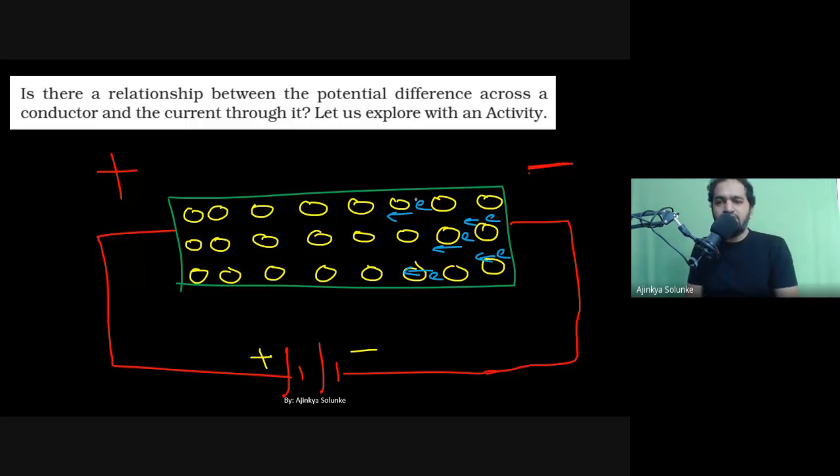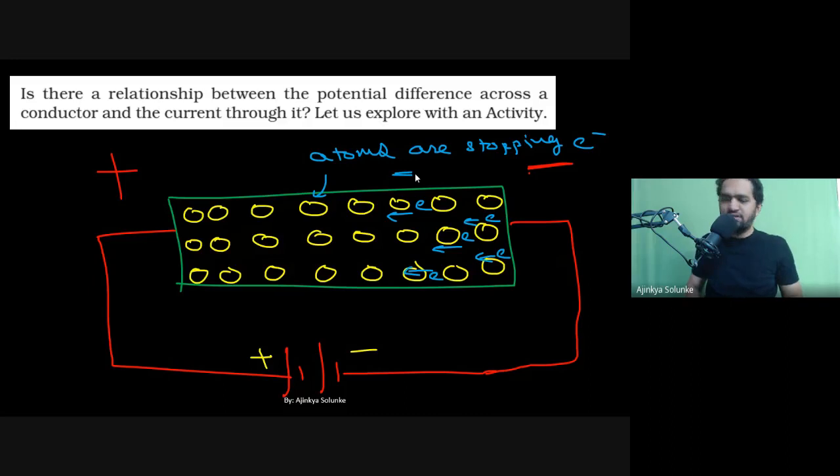Now the problem is that whenever they are trying to travel, they are being stopped by whom? Atoms. Atoms are in their way. They want to travel straight forward, but who is stopping them? These atoms. Let's say atoms are not moving at all because they are not charged, but electrons are moving because they are charged particles, moving from negative to positive. So in short, can we say atoms are stopping electrons? Is this the idea? A simple idea.